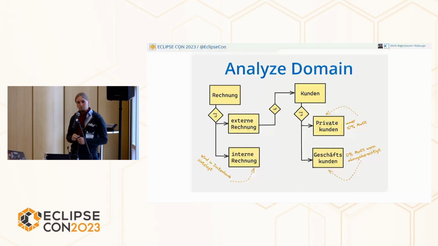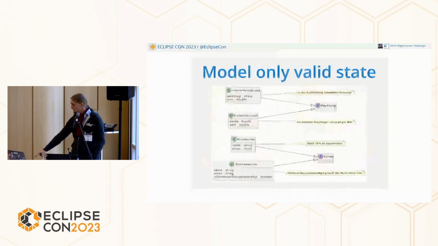Wait a moment, we have something like Mehrwertsteuer and Mehrwertsteuerabzugsberechtigt. It's a special term in German, but it's very great for this example. Because private customers always pay the same amount of tax. Business Kunden also, but not if they're allowed to not pay tax. It's uncommon, but it's basically just one property. For the record, we could model it a little bit better to reflect the Vorsteuerabzugsberechtigung within the model, but it's okay for now.